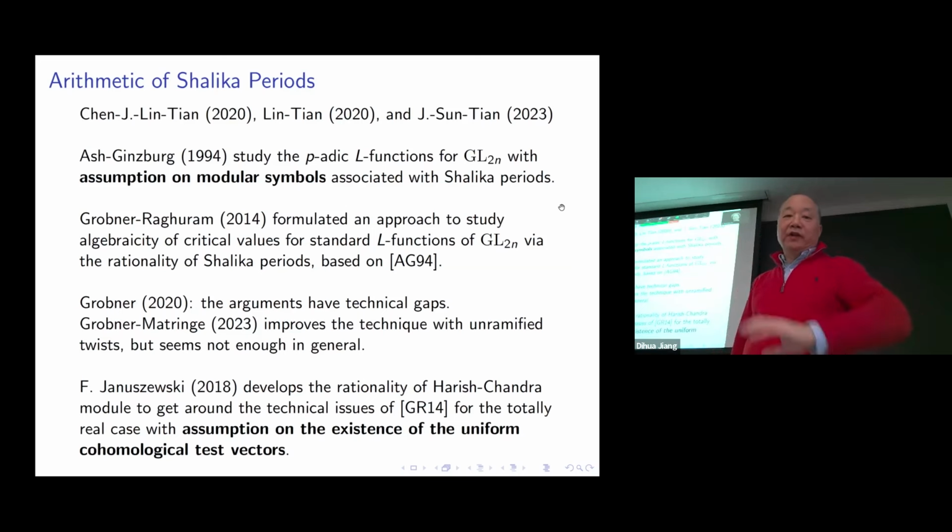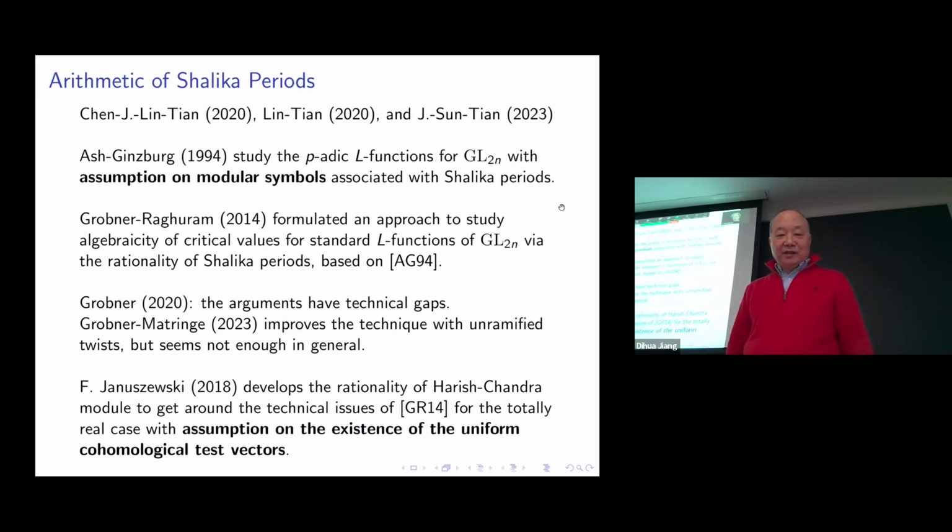So they found a way to do this. But unfortunately, a few years later, Grobner showed that the argument has a technical gap. I tried to make it up. So he wrote a recent paper with Raghuram and made some improvement, but it still does not cover the general situation. And then a young guy came up,